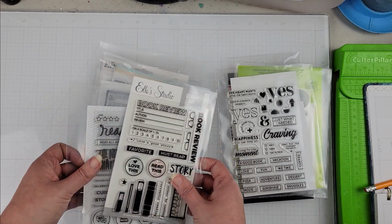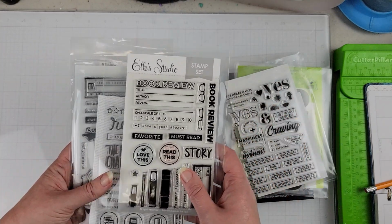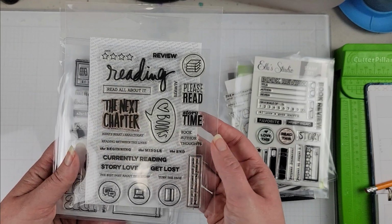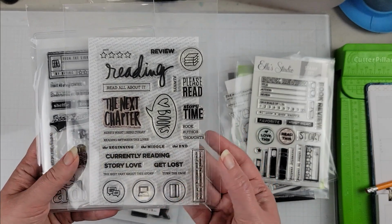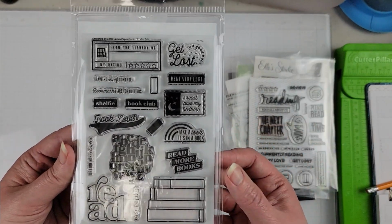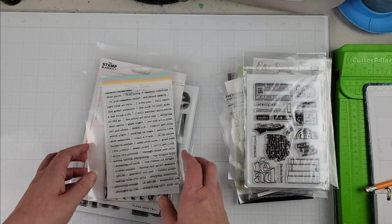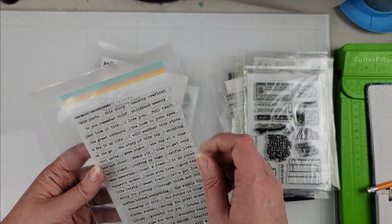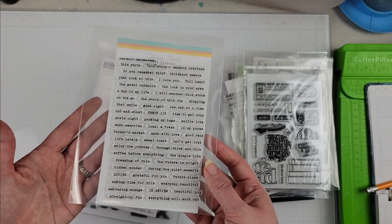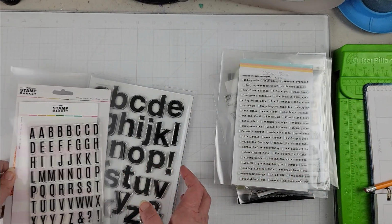I pulled a few of my actual, totally book inspired stamps. So I have this one from Elle's Studio. I have this one here from Allie Edwards. And then I have this one here from Studio Calico. So lots of reading inspired. I have this one here, which is just a whole bunch of words from Citrus Twist. I like to have these, especially to fill in labels and things like that. And then lastly, I pulled 2